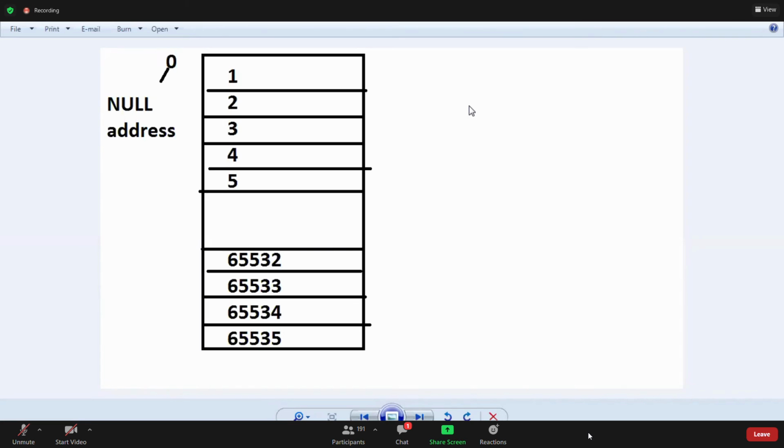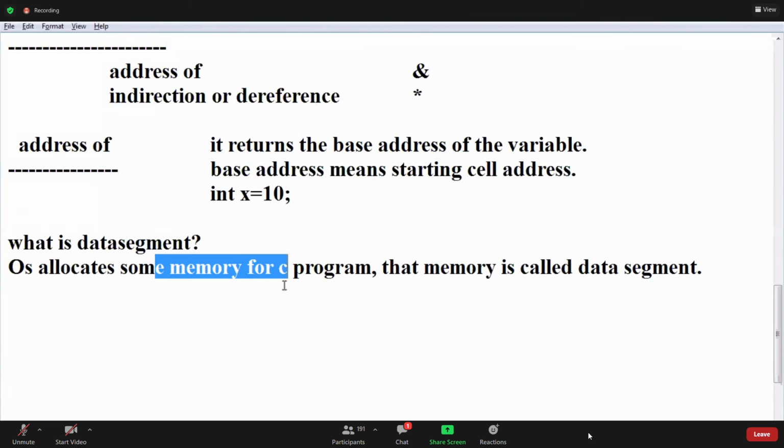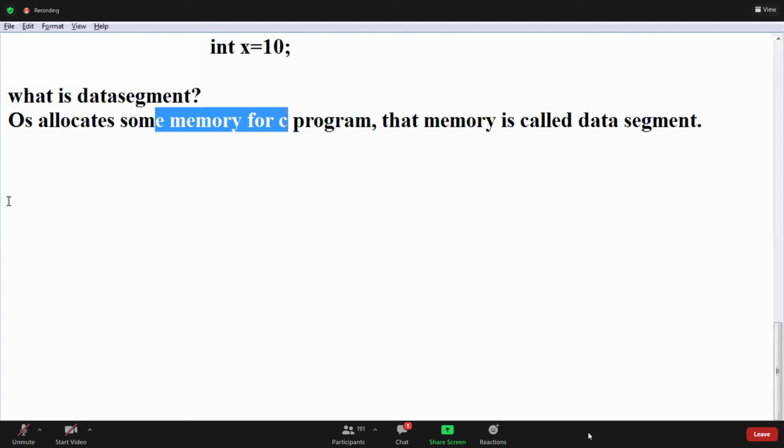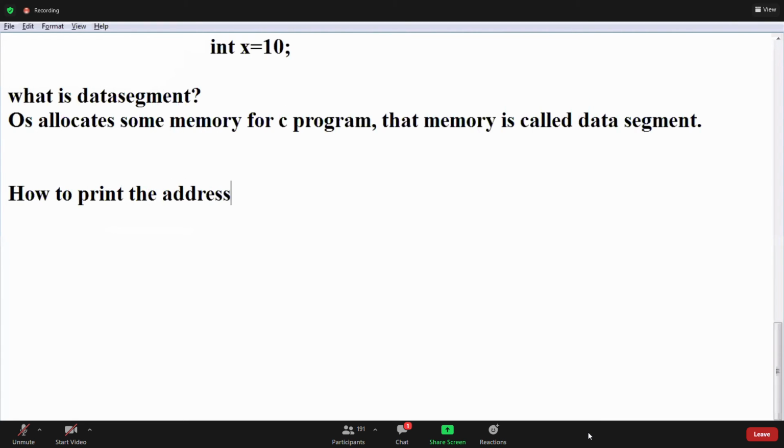Yes, that is 2 power 16 minus 1 for a 16-bit compiler. For a 32-bit compiler, it is 2 power 32 minus 1. Now next one. You understood, right? How to print the addresses.